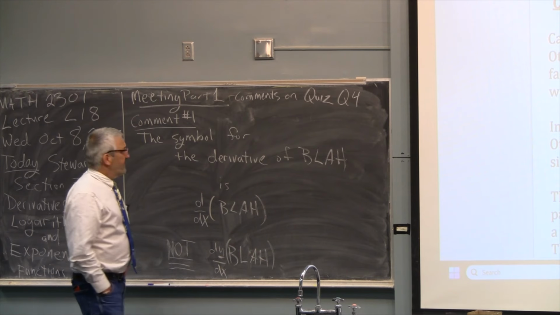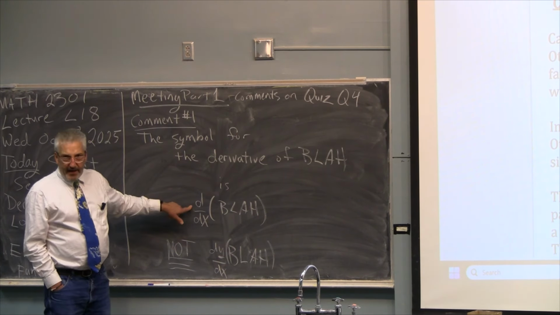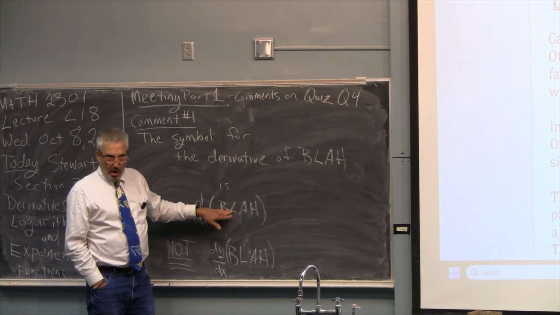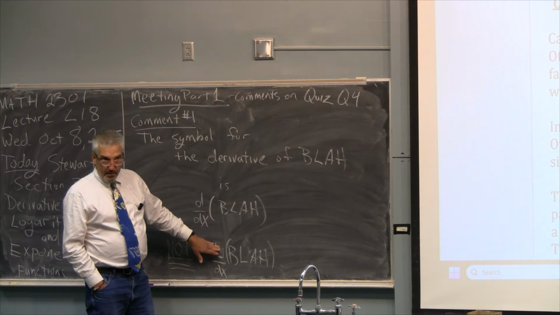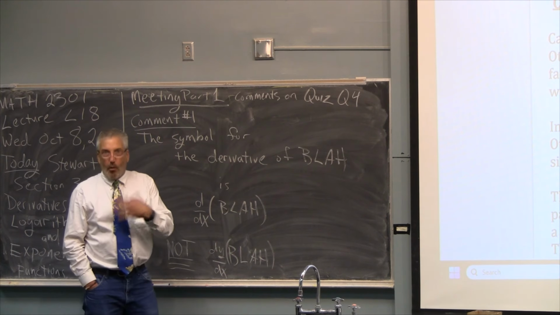First of all, the symbol for the derivative of something is d dx of that thing. So the derivative of blah is d dx of blah. It's not dy dx of blah. A lot of you think that the symbol for taking the derivative of something is dy dx of that thing,